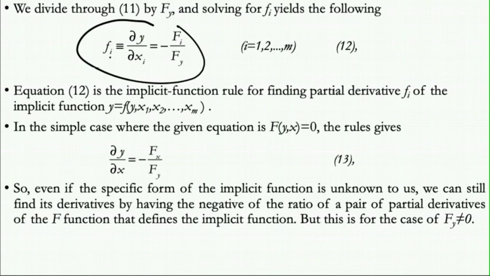i refers to 1, 2, 3. So let's say if we have x1, so if I write f1, it means the partial derivative of y with respect to x1, which is actually equivalent to minus fi over fy. Now in this case, f1, the partial derivative of y with respect to x1, is actually equal to minus f1 over fy. Then this is the use of the implicit function actually, because you can see the relationship between one argument and y,